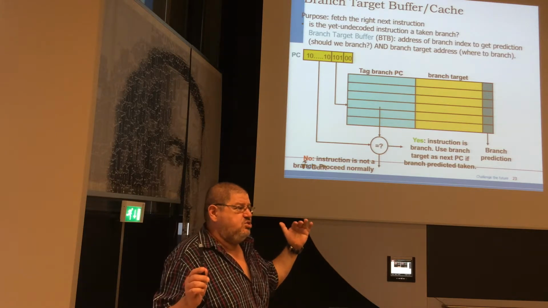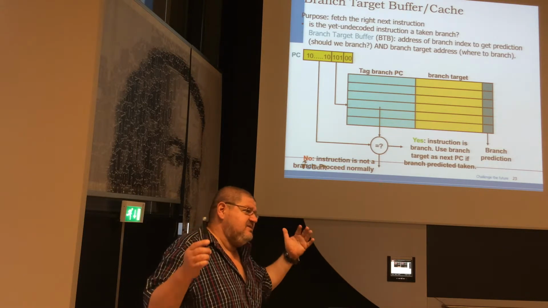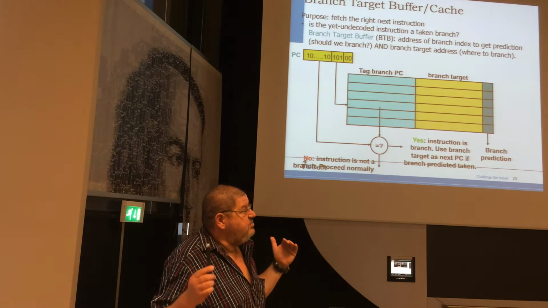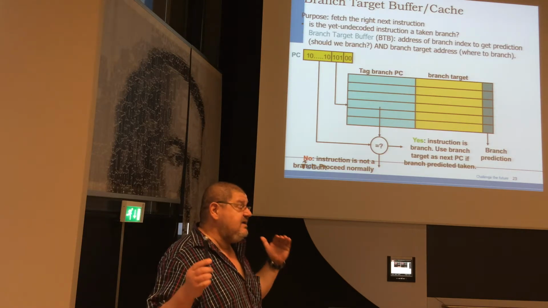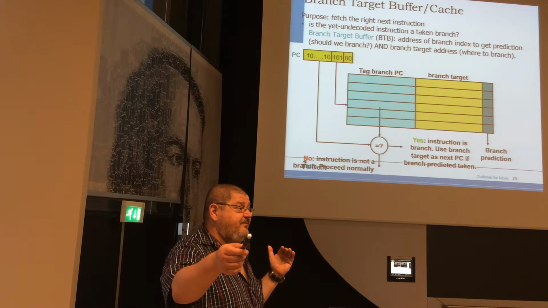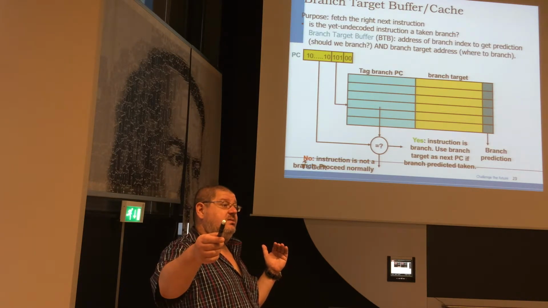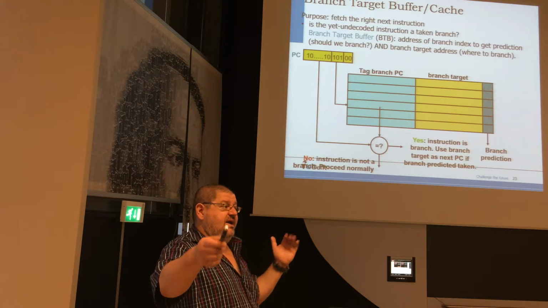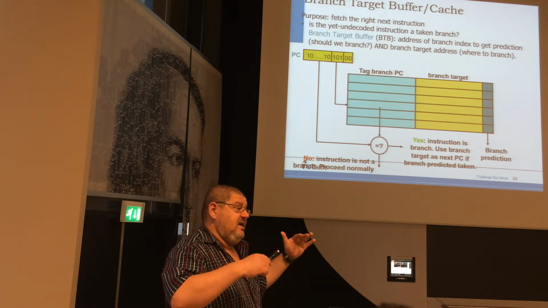It might not be true, but you start with this assumption. If the branch was executed before, it means that you already know the address where you should branch. You already computed it, right? Then assuming that no aliasing happens,